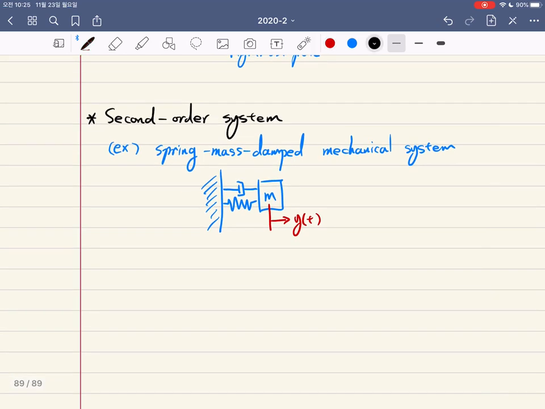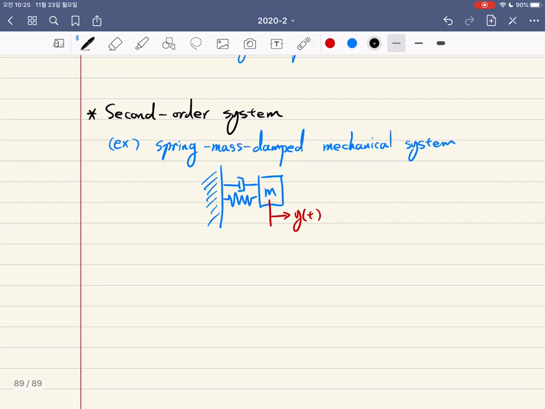So I would like to introduce the standard form of the second order system in time domain. It's a second order, therefore you have the second derivative of y(t) with respect to time plus 2. Let me show you the full standard form, and then we will discuss the notations here.